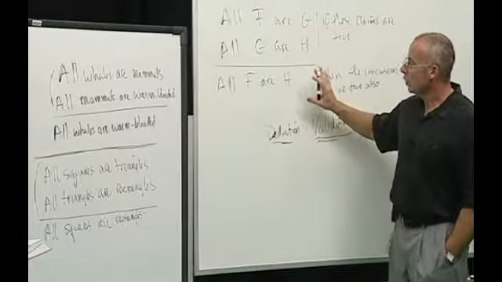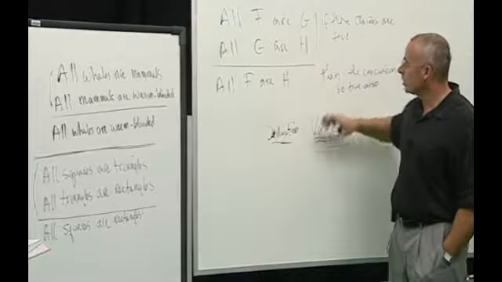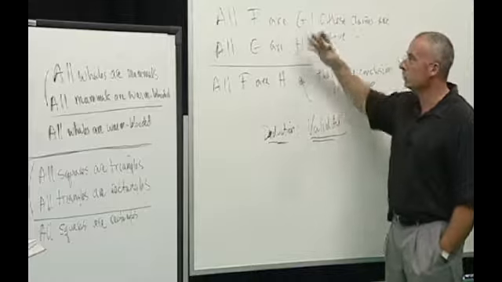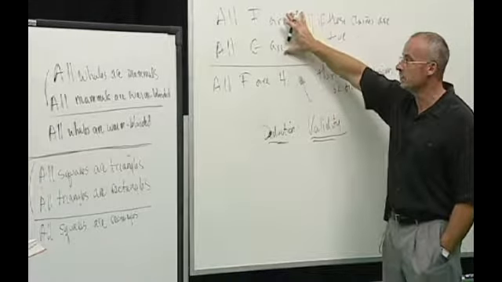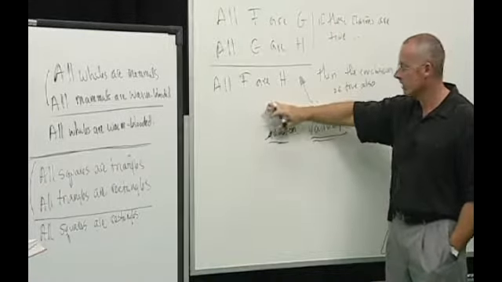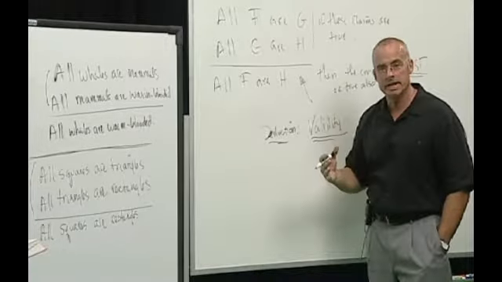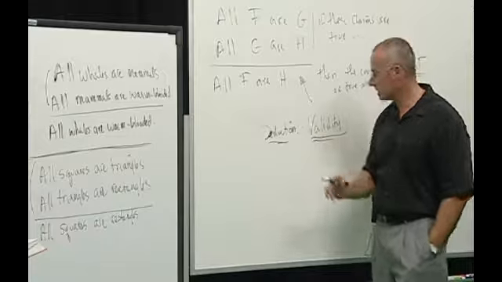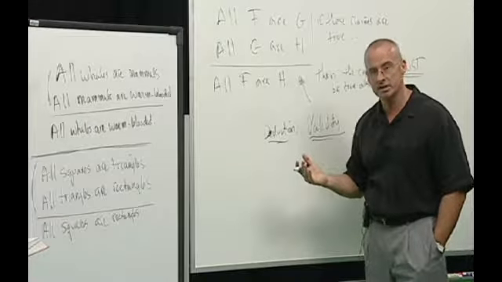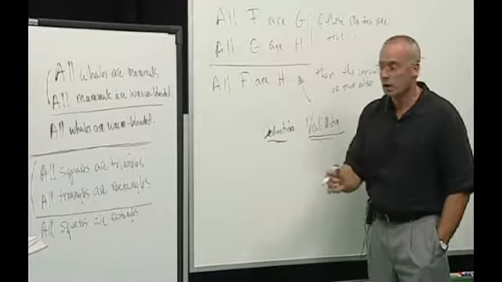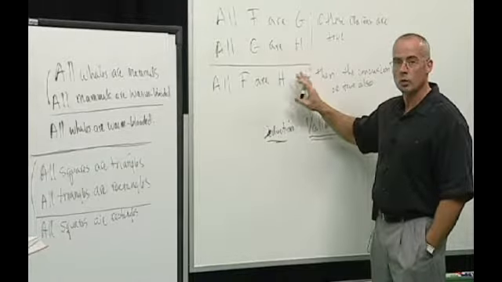So when an argument is valid, and we're always referring to the structure when we talk about validity, it's an issue of whether or not under interpretation these premises guarantee the truth of this conclusion. When an argument is valid, it's valid, period. It's valid for all times. Just like 2 + 2 = 4 doesn't change whether we're counting apples or oranges or people, an argument is valid once and for all.